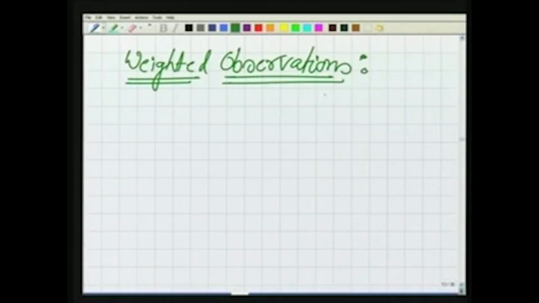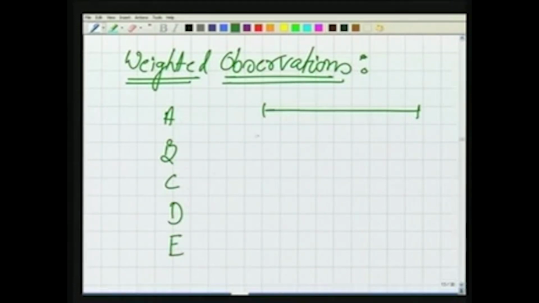let us say for a line, there are 5 persons A, B, C, D and E. All of them have done the measurements of this line. What they did, they went to the field with a certain tape and measured this length, maybe on 5 different days, and they came out to the lab with 5 sets of observations. Are all these observations of the same reliability? That's the question.